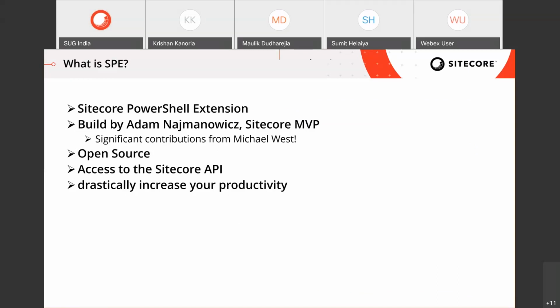when we got the Sitecore 9 version, we were installing Sitecore with SIF, which was under the cover using PowerShell only. Lately, from 9.3, we got SIA, which is also a UI, but in the background it is also leveraging PowerShell, and under that it is doing all the installations of Sitecore. It is open source, gives access to the Sitecore API, and it can increase your productivity a lot. I mean, 80% of the tasks I think of in my daily life as a developer, for a new project or for an ongoing project with a lot of data, I think this is my savior, and it can help me a lot.